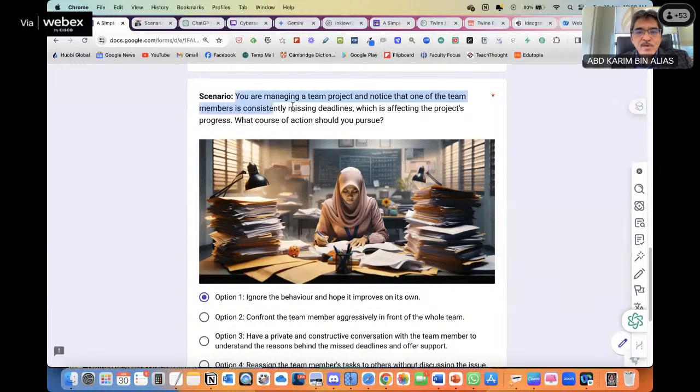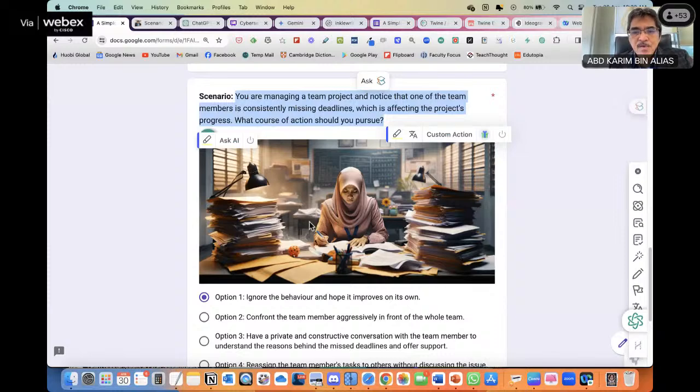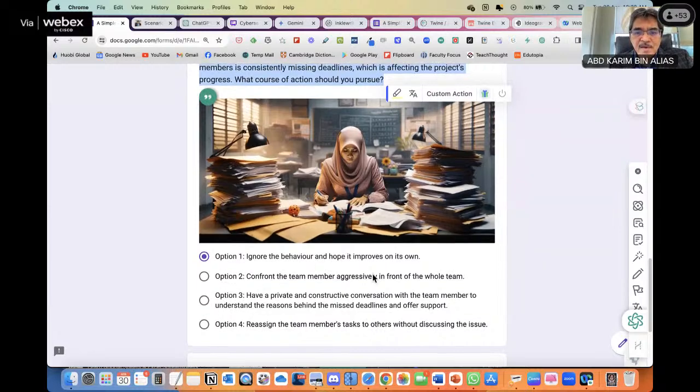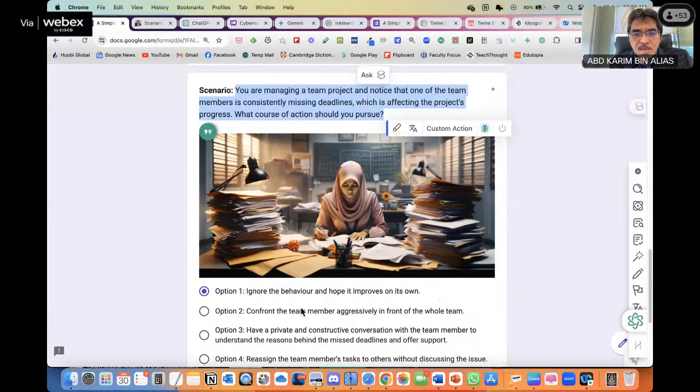So the scenario is presented to the student, and preferably you also want to add a suitable picture, an image here. And then they can look at the options. Option 1, ignore the behavior and hope it improves on its own. In making the choice here, the students will try to apply whatever they have learned in the course or in the previous lectures.